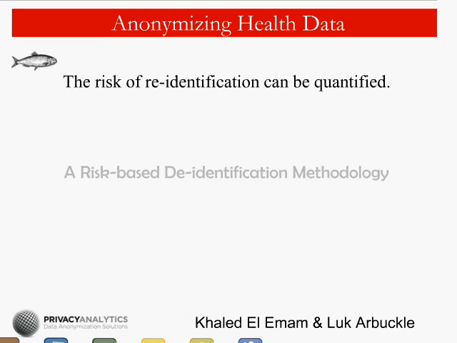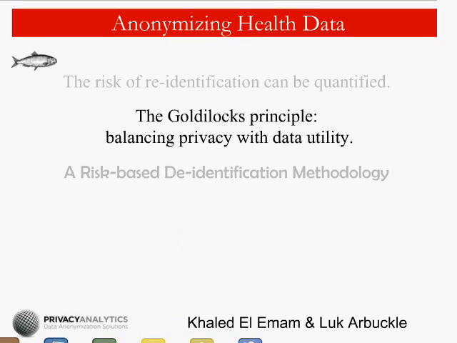So the first principle from this de-identification methodology is that the risk of identification can be quantified. There are very good metrics that have been developed and good estimators that have been developed to quantitatively evaluate identification risk. They make assumptions, as most statistics do, but these are reasonable assumptions. It's possible to do a thorough risk assessment and evaluate these assumptions and then use that as a basis for measuring the risk. So that's one thing to keep in mind. Then the second important thing to keep in mind is that